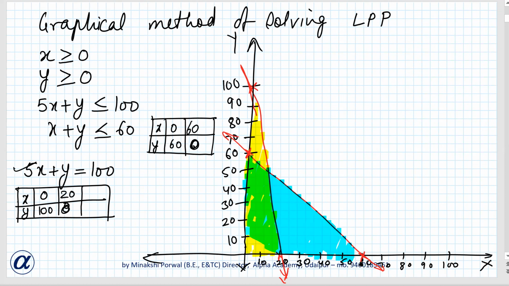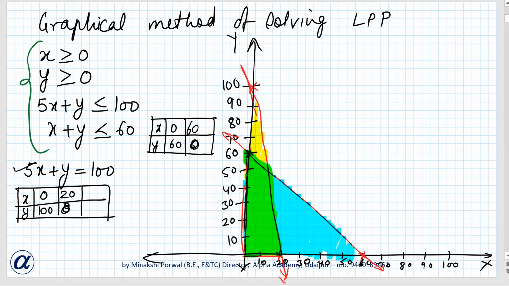Getting? Yes, ma'am. Okay. Now these 4 inequalities in common show which region, this we have to see. So x greater than 0 is this region, y greater than 0 is this side of it. X greater than 0 this side. This inequality shows this side, and this inequality shows this side. That means the common region which all of them show is this region, which is shown in green.